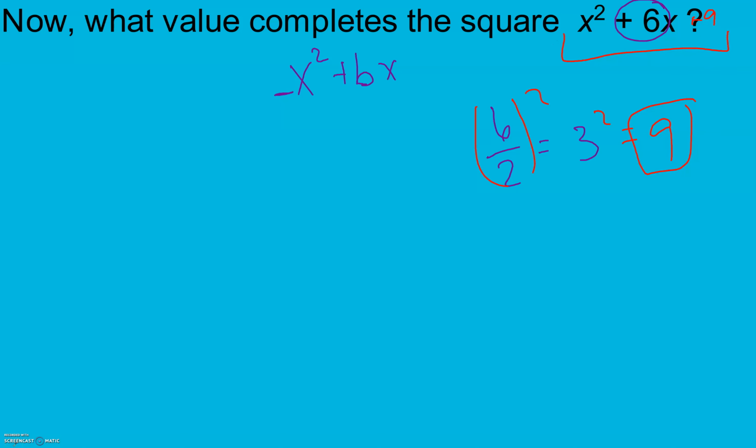So again, our goal here is to be able to factor this down into a perfect square trinomial, x times x, 3 times 3, so x plus 3 squared. And this comes from b divided